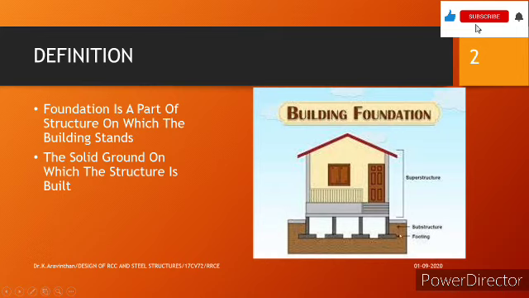There are two different technical terms, that is foundation and footing. What we mean by foundation is the overall pattern of substructure. How the load is distributed to the soil is the concept known as foundation. One part of the foundation is footing. So it is a further part of the foundation.